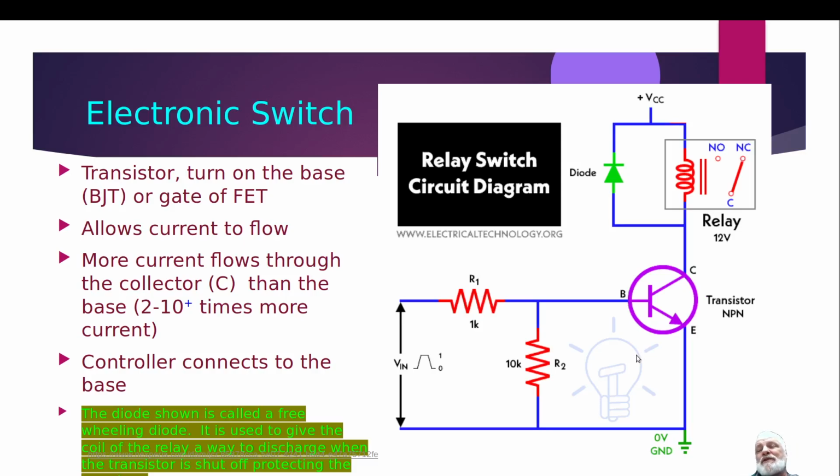Now, if you wanted to drive something larger, like a relay or a motor or something like that, you have to be careful because, again, they're going to want way too much current and the controller can't output that much. And so here's a simple circuit that uses a transistor as a digital switch to activate a relay. The relay has a coil here, so the relay is going to need a significant amount of current. So what we do is we drive this transistor